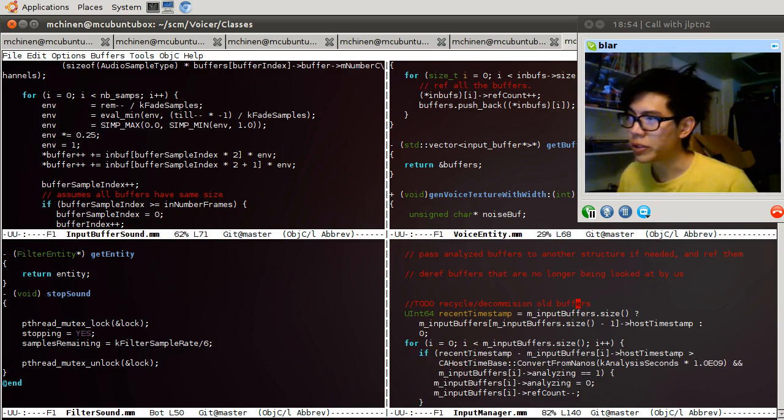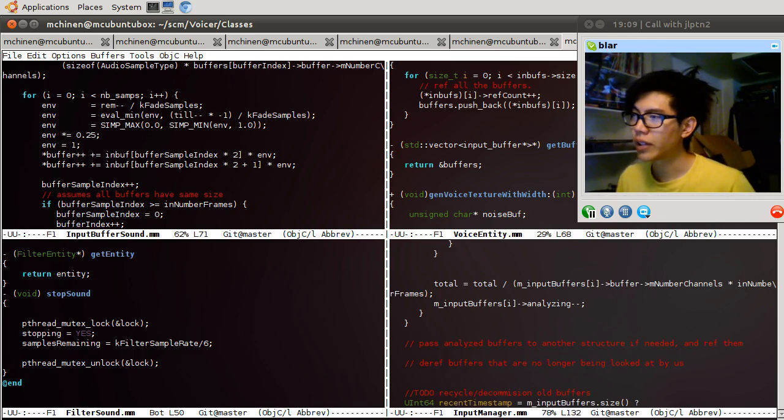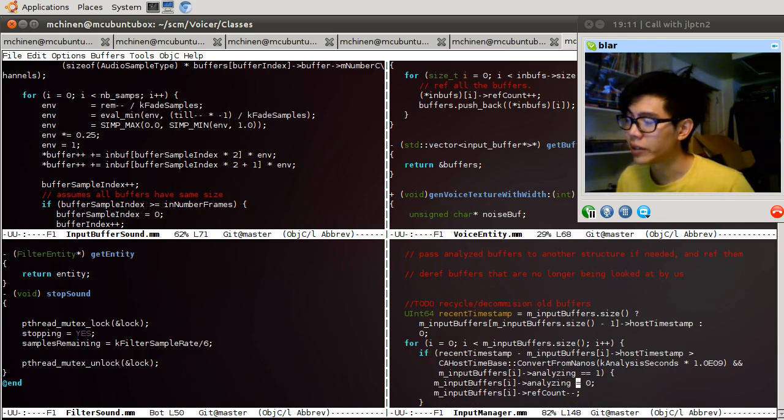So where do we decrement ref count? One point is right here. But this will only happen once, because analyzing equals 1 once. And then we set it to 0 right away. So that will never happen again.